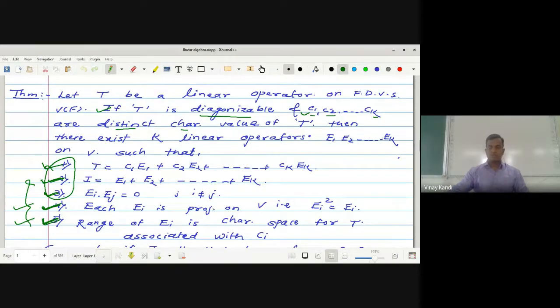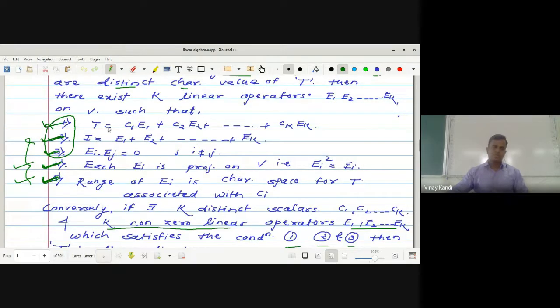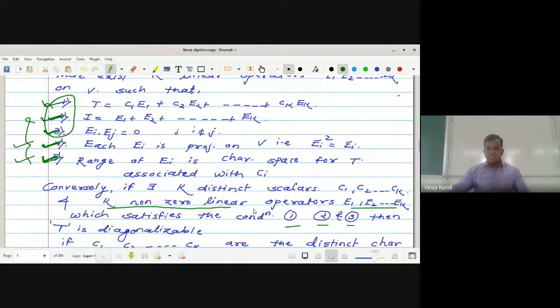Good afternoon to all. Before the holiday, we saw one theorem. Which one? Let T be a linear operator on a finite dimensional vector space. If T is diagonalizable and c1, c2, up to ck are the distinct characteristic values of T, then there exist k linear operators E1, E2, up to Ek on V such that these five conditions hold. And conversely, if there exist k distinct scalars c1, c2, up to ck